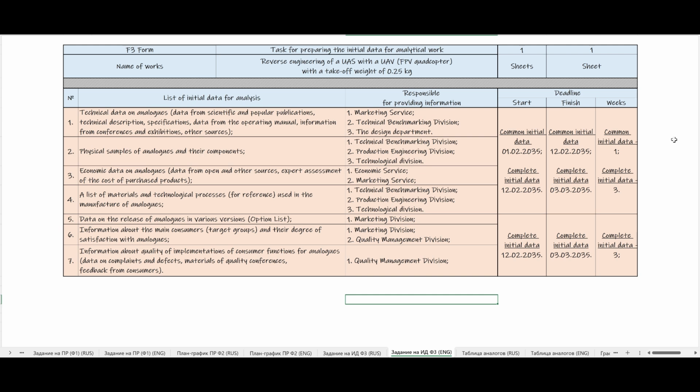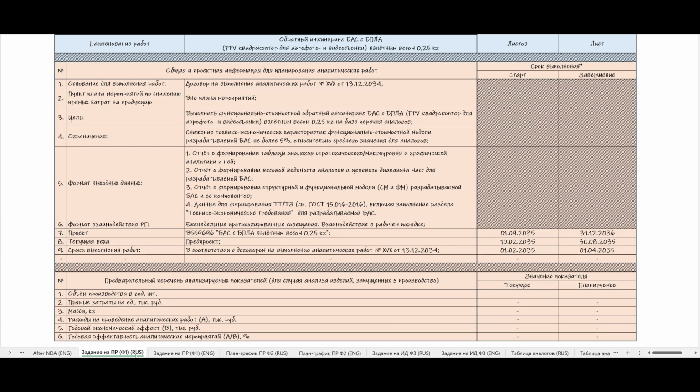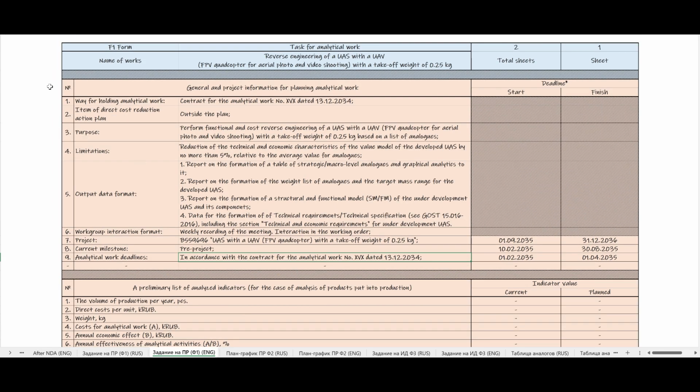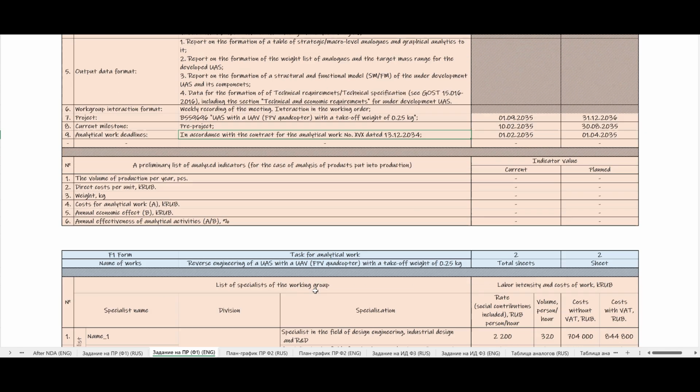According to the results of the coordination of the list and budget of analytical works, see forms from 1 to 3, formed on the basis of the table of common initial data before the NDA, the NDA and the contract for the performance of work are concluded. If the publication of an order on the performance of analytical work is included in the business processes of the analytical customer company, then in addition to the above actions, the CEO, for example, signs an order on the creation of